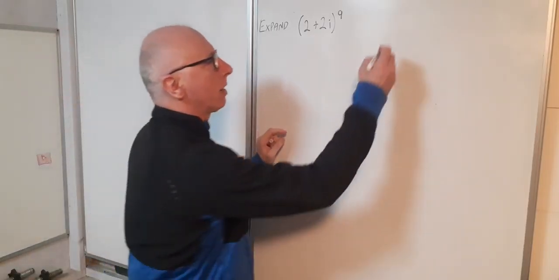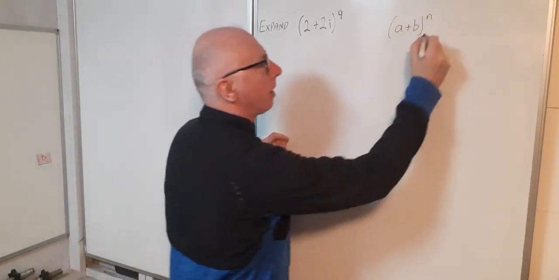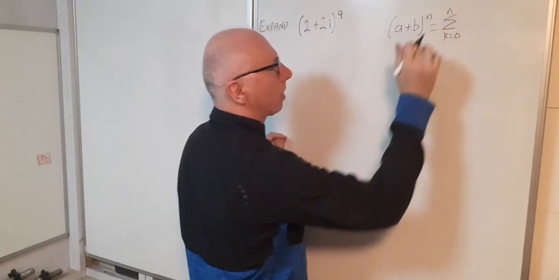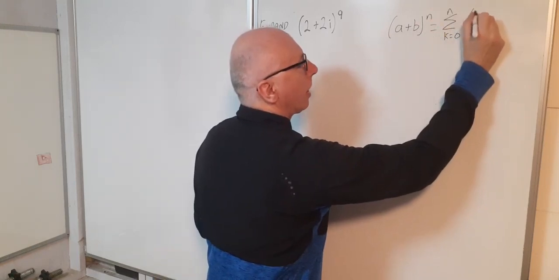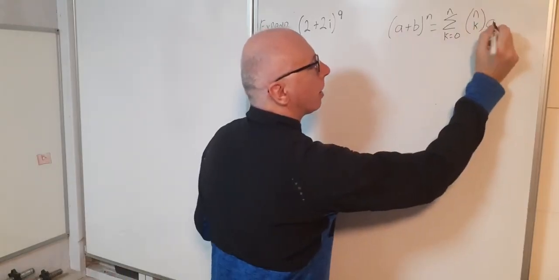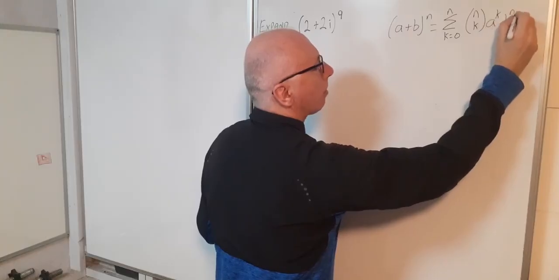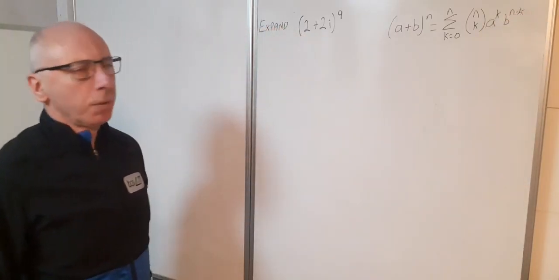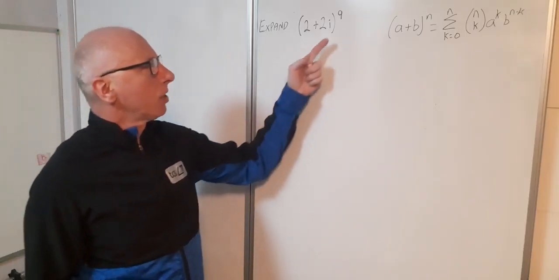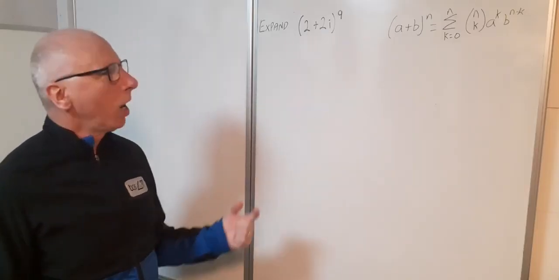So remember, in real analysis, if we want to expand (a + b) to the power of n, expanding that out will be the sum of k equals 0 to n of n choose k, multiplied by a to the power of k and b to the power of n minus k. That would be sufficient to expand that out if we wanted to, and that would give us n plus 1 terms. So in that expression here we'd have 10 terms, so it's going to be quite a lot of work